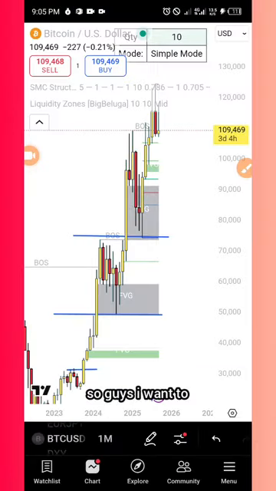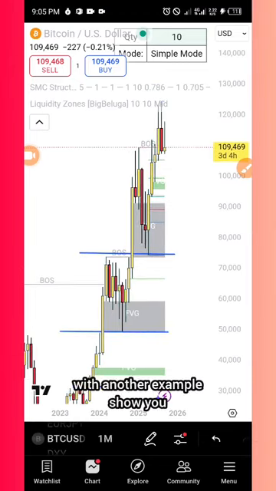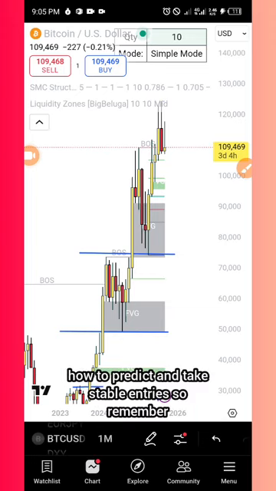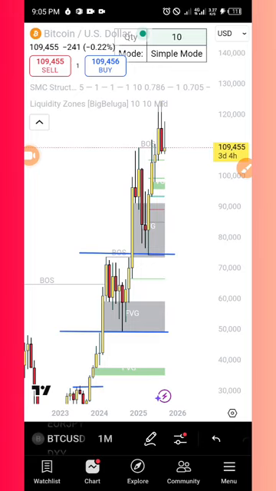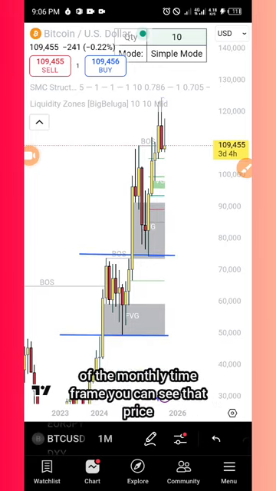So guys, with another example, I want to show you how to analyze the forex market, how to predict and take stable entries. Remember what I said earlier, you are starting from the higher time frame, looking at the monthly time frame. And here, this is the structure of the monthly time frame. You can see that